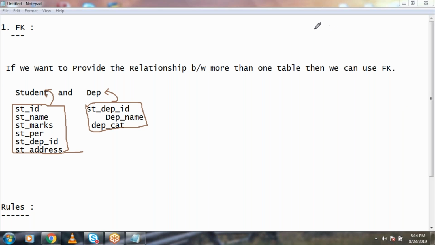So now, as per the SAP rules, as per the format,